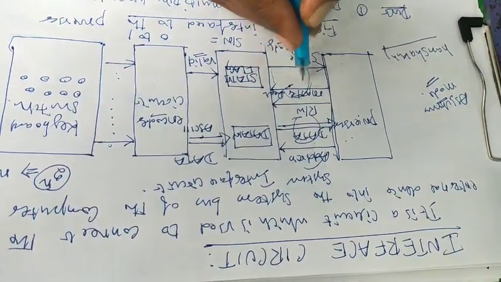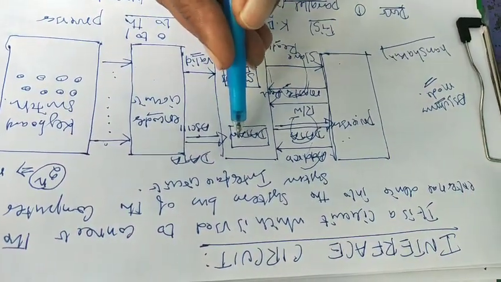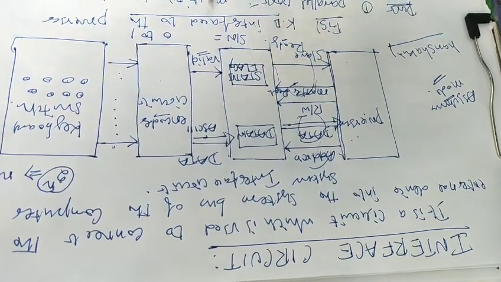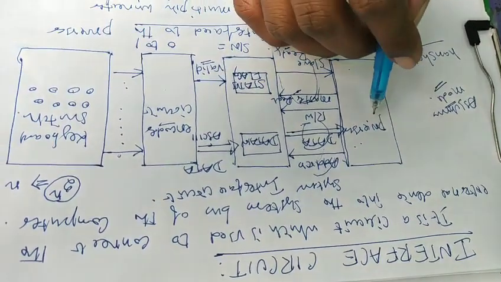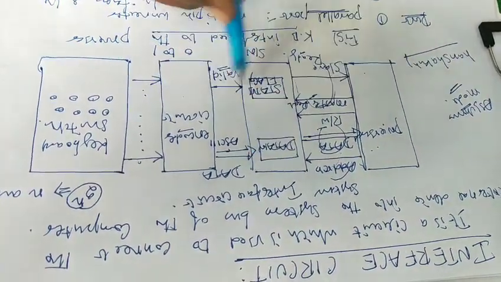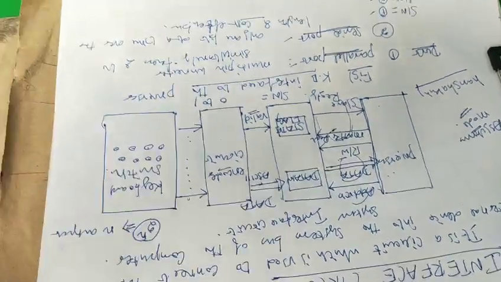Once the communication is synchronized, the processor sends the address to access the particular data from the register, and the data is going to be transferred. So in this manner, the processor is interfaced and communicates with the interface circuit. This is the main concept we discussed here.